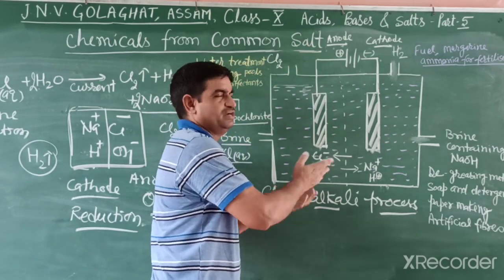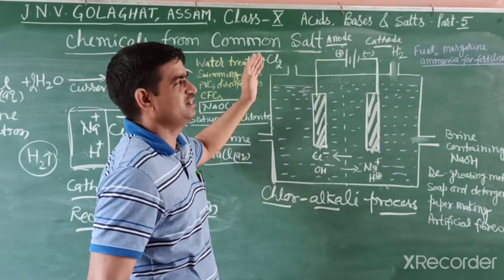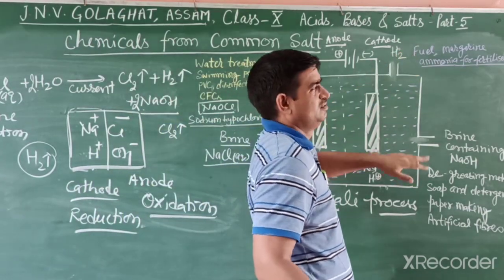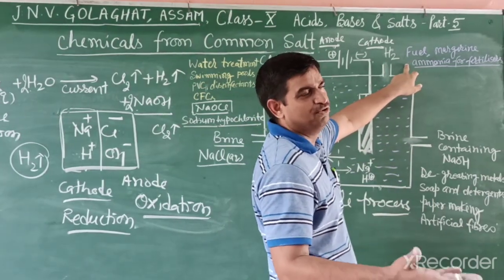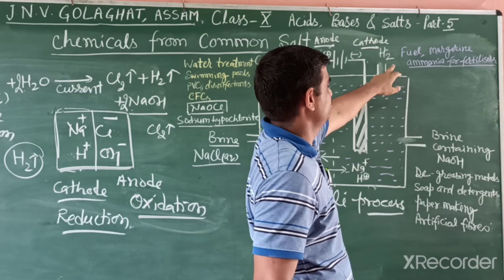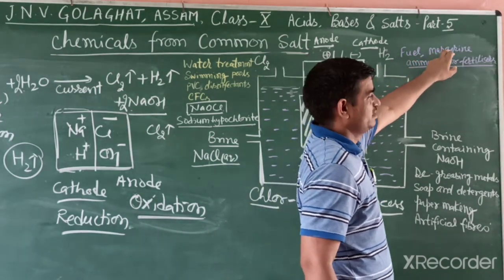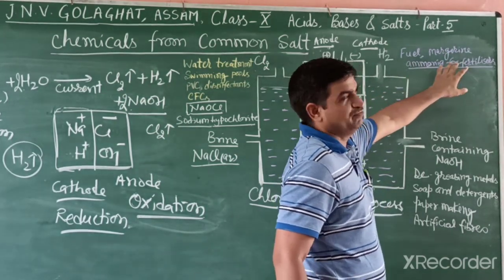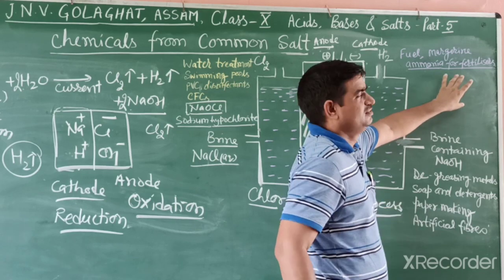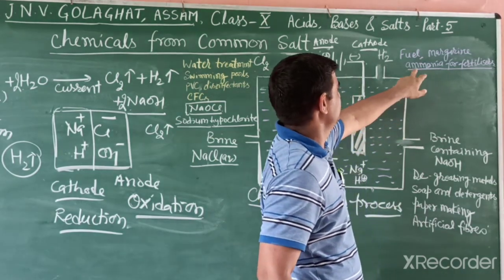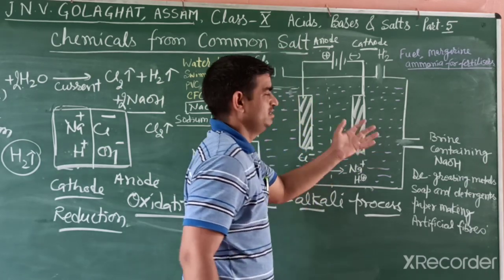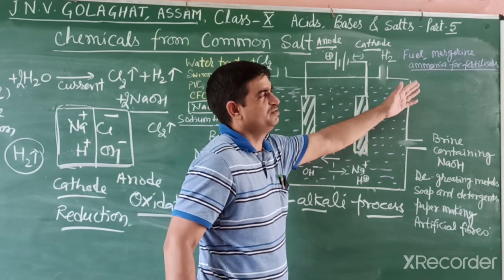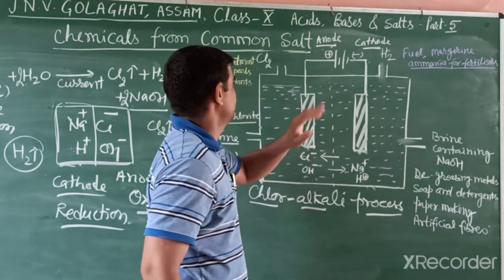These gases are very useful, they are used for making different chemicals, and the uses are written in your textbook. Hydrogen is used in fuel cells in rockets. Hydrogen is very important as a fuel. Margarine, like butter, we get from vegetable oil. And ammonia, if we want to make urea: we get urea from ammonia, and ammonia we get from hydrogen. So there are many uses of hydrogen. Vegetable ghee we can prepare from vegetable oil by hydrogen.